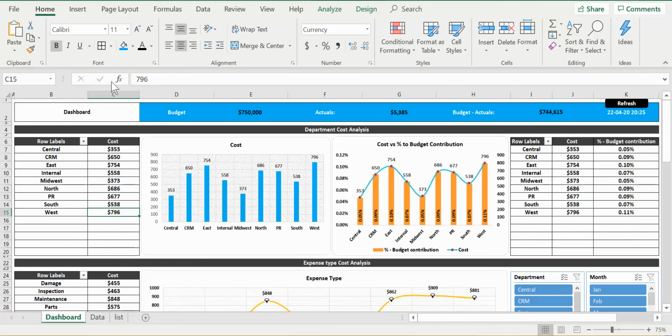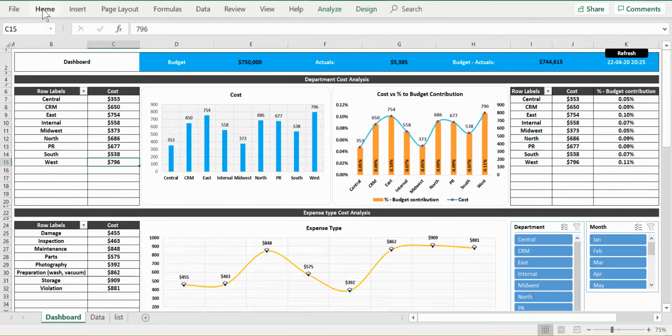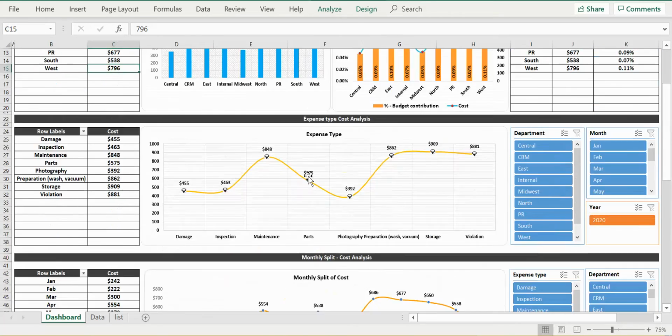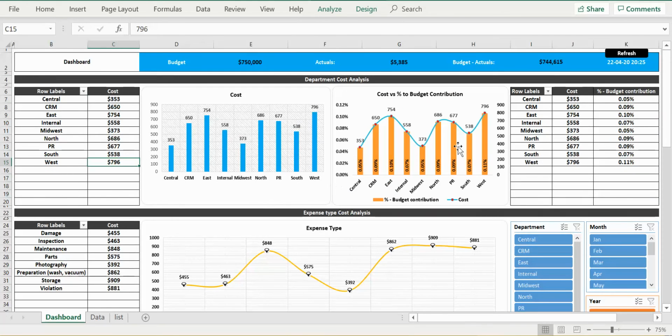Coming to the dashboard, you can see that it's a dynamic dashboard. It'll allow you to see various things. Let's say you have new data, the first thing you need to do is click on the refresh button. It'll come back and say that the data is refreshed, and it'll tell you when it was refreshed. So if you ever see data which is out of sync, you can check the date when this was updated. You can see it has just got updated here, nearly 8:30 in the evening.